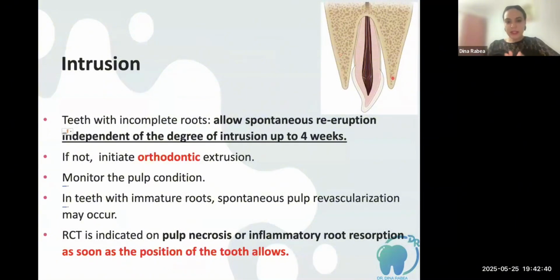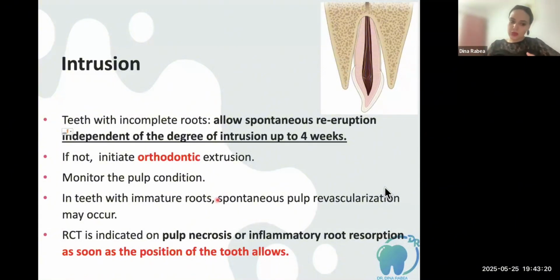immature, meaning with incomplete roots, we have to allow spontaneous re-eruption independent of the degree of intrusion, however the intrusion was. If it were a very deep intrusion, still give it at least 4 weeks before taking the decision of interfering orthodontically or surgically. So 4 weeks of doing nothing as long as we have an open apex, just watching. After 4 weeks, of course, we have to take baseline photographs to compare, and x-rays. If after 4 weeks we do not have any movement of the tooth, we have to start interfering